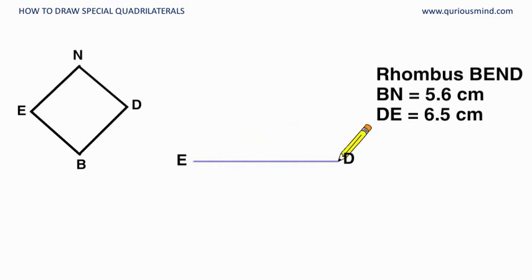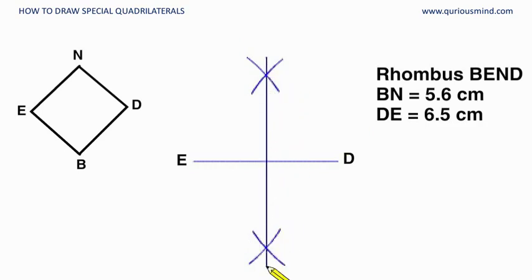Now we will bisect diagonal DE. We know how to bisect a line segment. For that, we will take greater than half the distance of that line segment in the compass. We'll keep the sharp end of the compass on each end of the line segment and draw two arcs, one up, one down, both times. This gives us two intersecting points, and we will join these points with a line.